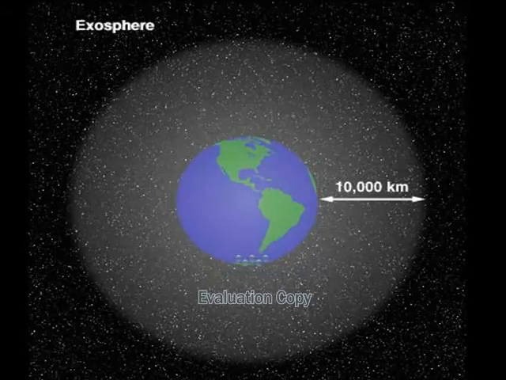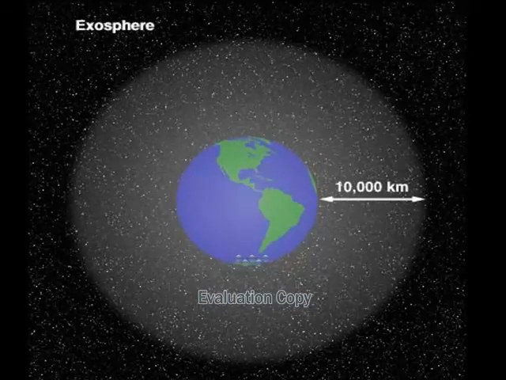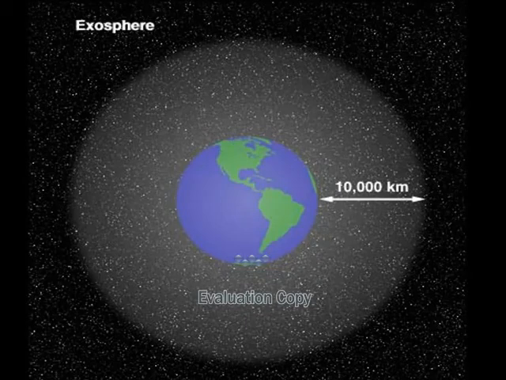The exosphere is a transitional layer between Earth's atmosphere and outer space. It begins 500 kilometers above Earth's surface and spans approximately 10,000 kilometers outward. The exosphere also varies in temperature. When the sun is shining on a certain part of the exosphere, that area is very, very hot, while if that same area is hidden in the shade or facing away from the sun, the temperature becomes